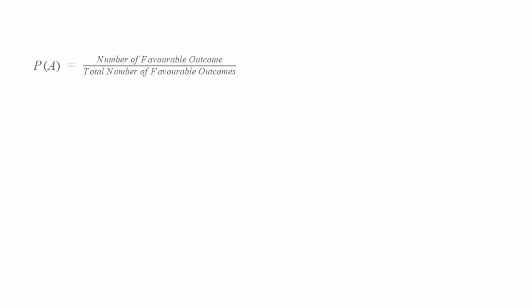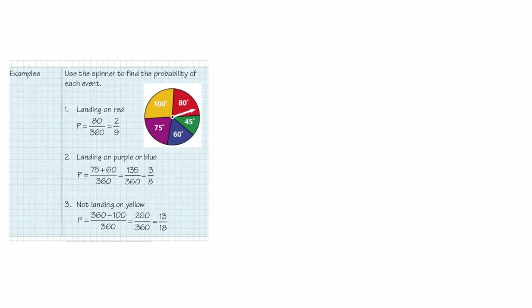In this video, we are talking about probability, and the formula for probability is the number of favorable outcomes upon the total number of outcomes. Here in the numerator we write how many outcomes are favorable, and in the denominator we write how many total outcomes there can be.